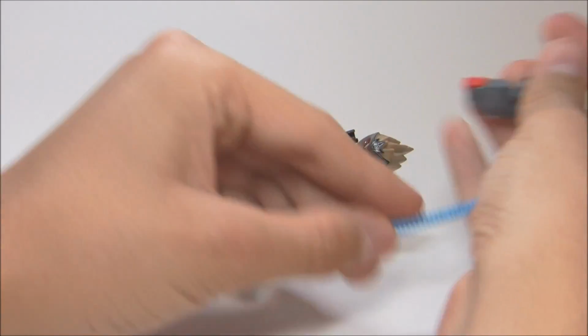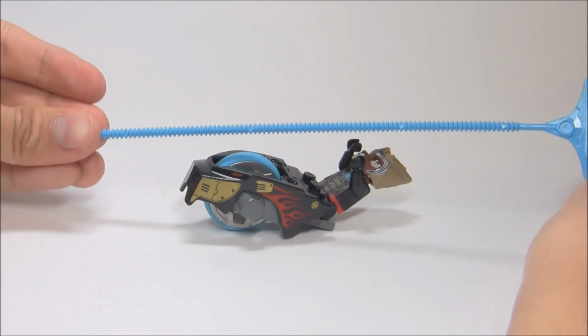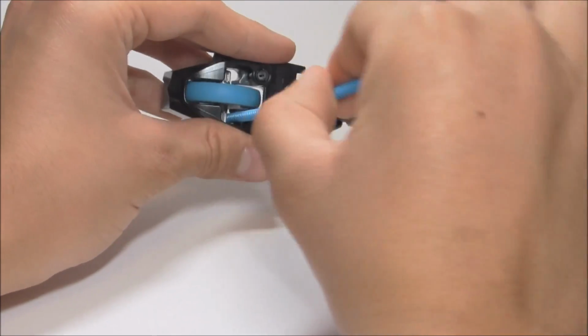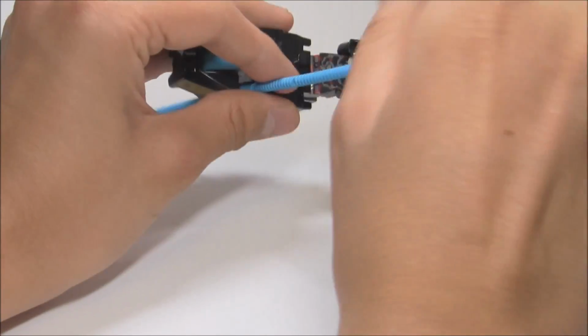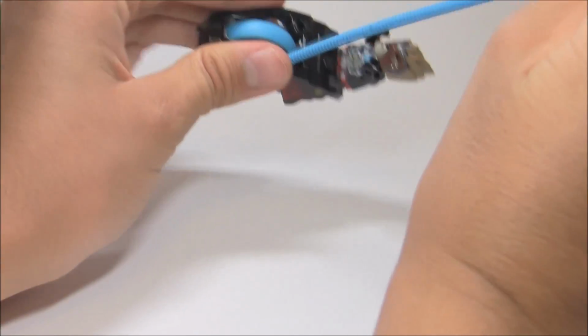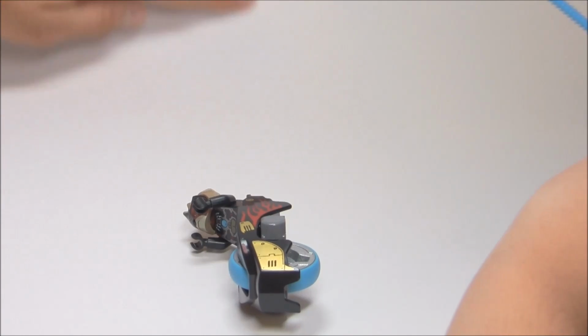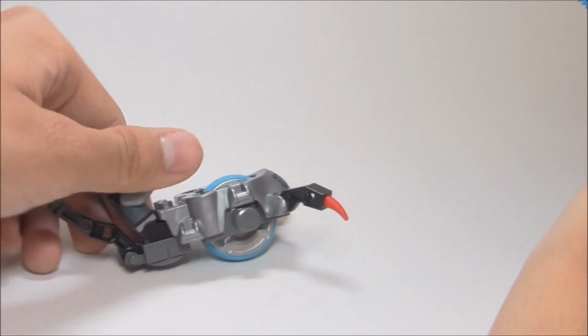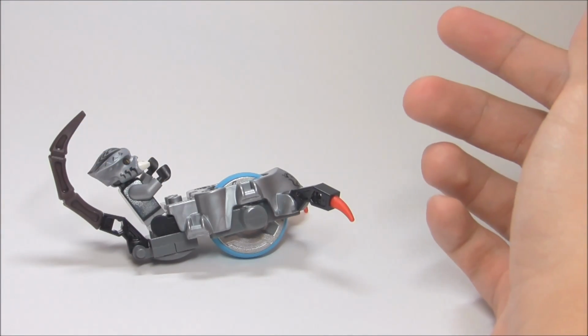And it does come with a ripcord, which the ripcord is that blue color. And you can see right here. And how you work these Speedorz, if you've never seen them before, you just stick them in that part right there. And you pull it out and you pull back and then they fly up. So that is really, really cool. I love the Speedorz things. Ripping Speedorz never gets old. So there you go right now. Since I have this kind of sloped background, they can now kind of do like wheelies up and stuff like that. But next Speedorz is Scolder's, and Scolder has a red ripcord,